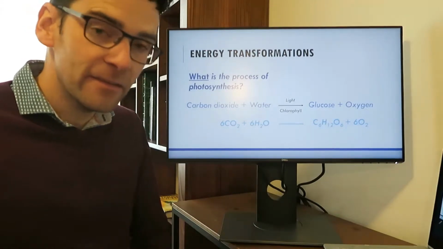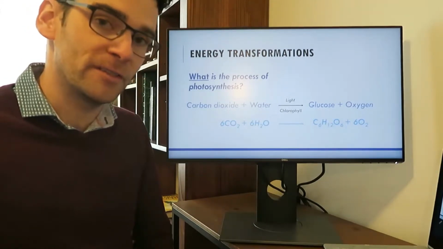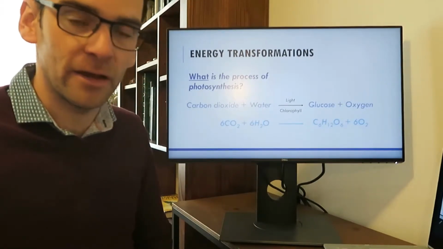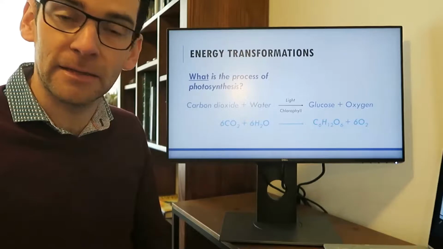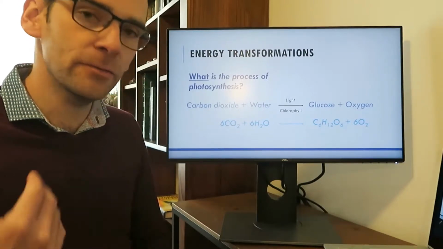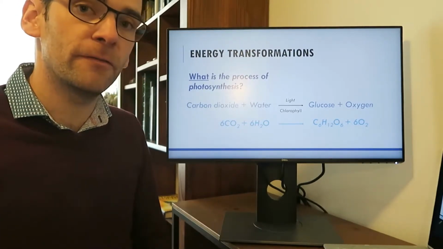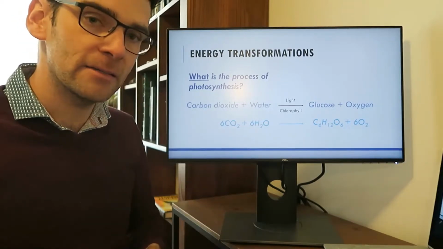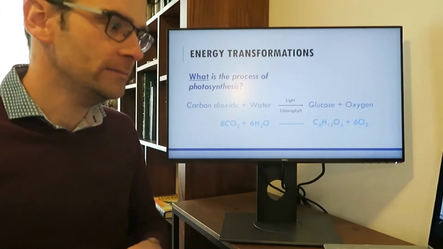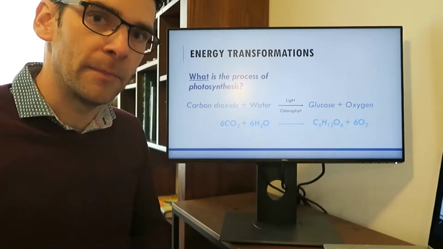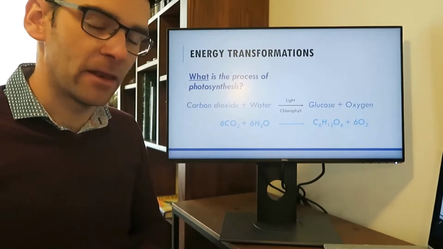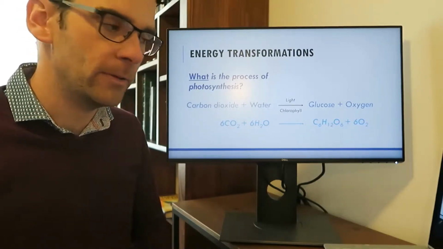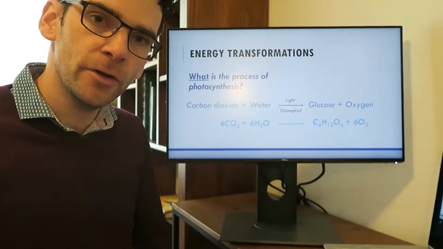Again, this chemical equation for photosynthesis shouldn't be at all new to you. You should have seen it right through your science lessons beginning in year 7 or 8. But just to recap, the photosynthetic equation is where we have, on the reactant side, carbon dioxide and water being rearranged by the light and the pigments in the chlorophyll, in the chloroplast, to produce glucose